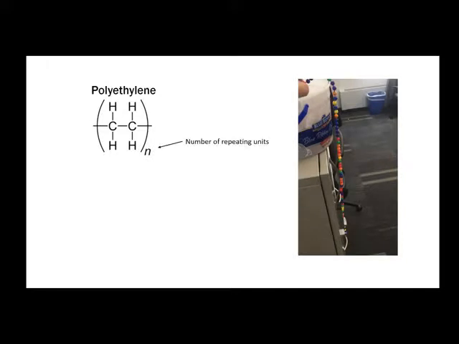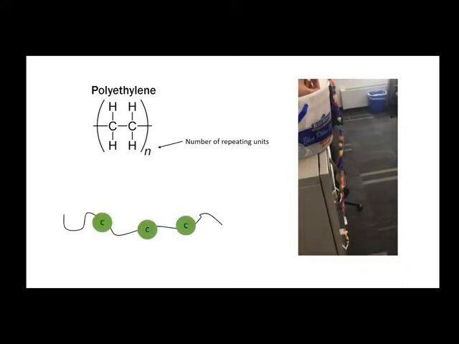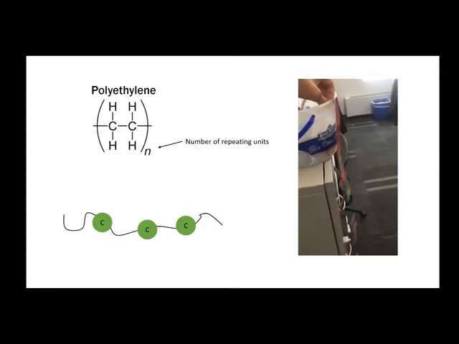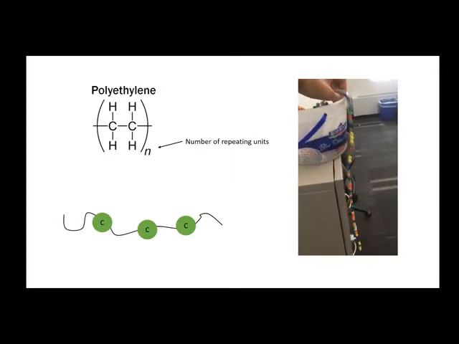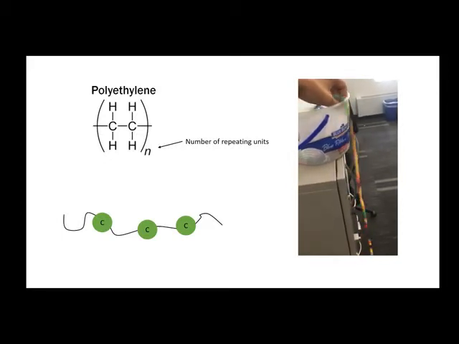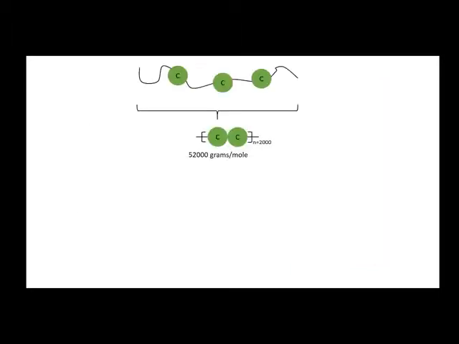How many repeat units does it take before we call a molecule a polymer? Some say that chains with over 2,000 repeat units behave like polymers. If you make a pop bead chain with 2,000 beads, this is how long that chain is. Really, really long! When thinking about polyethylene, each monomer unit is 2 carbon atoms. So for a polyethylene chain to behave like a polymer, it must be at least 2 times 2,000 or 4,000